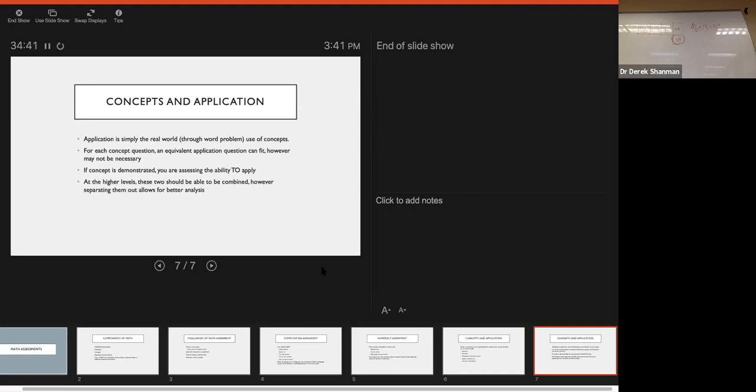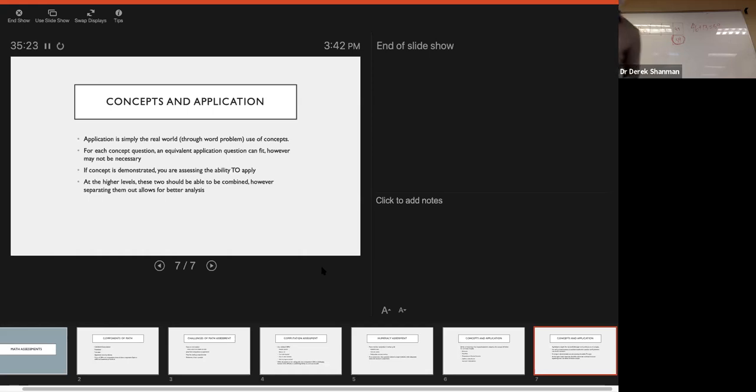I think the relationship between concepts and application when it comes to assessment is actually a little bit of an interesting one. Application or word problems overall are just that, right? They are real world applications of the concept. What you are assessing, especially at the older grades, is not necessarily going to be the understanding of the concept,